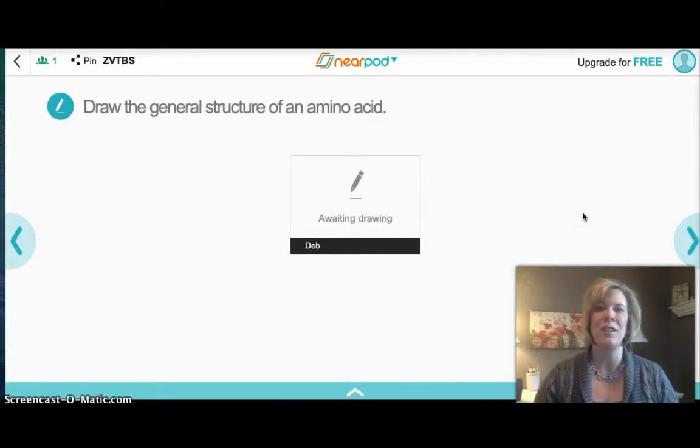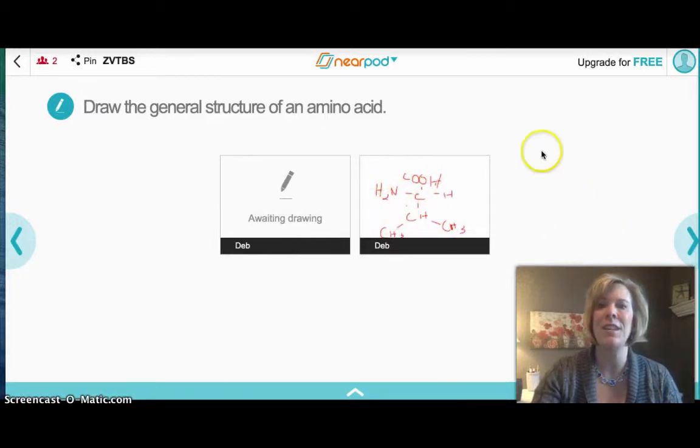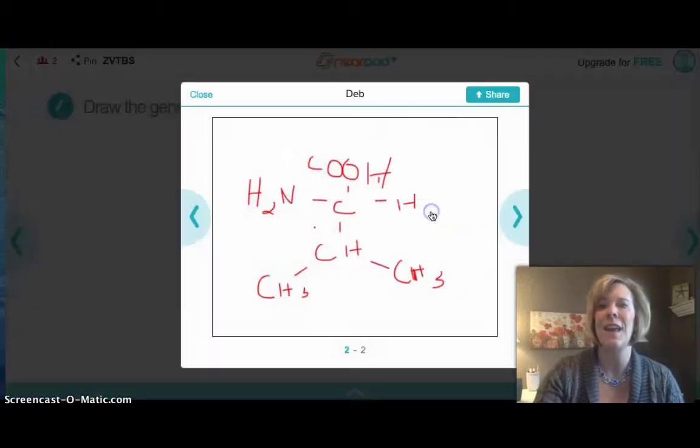Another great feature is that you can have a draw it, where students using their touch screen can actually do a physical drawing within Nearpod. So as you can see, I added myself twice. Here's my drawing. I could easily, as a teacher right now, click on this and play these just like a slideshow. I could share this with the entire class and go through and play each of these as a slideshow and show what everybody else's response was.